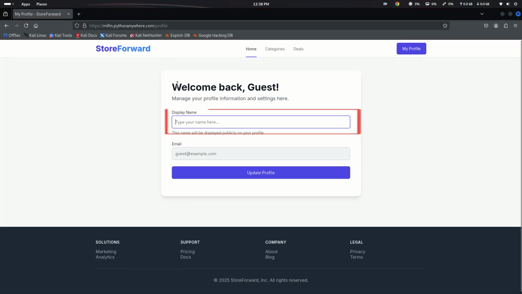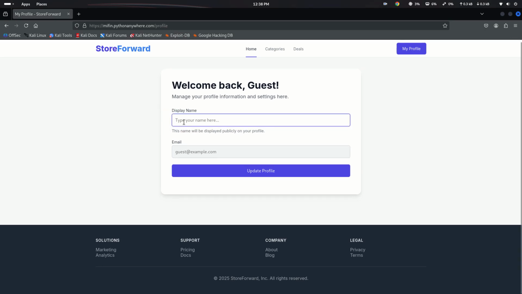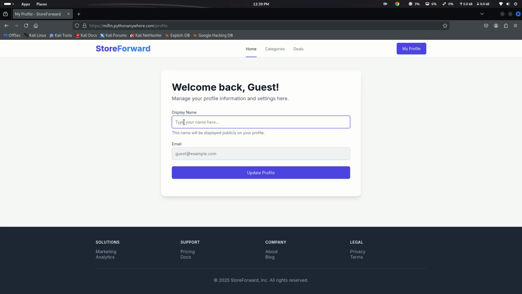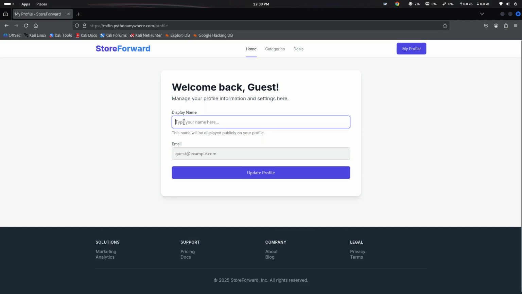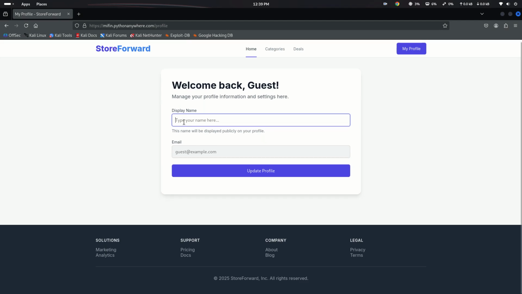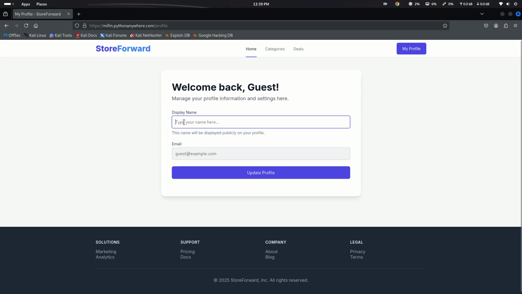What if I told you that a simple display name field on a website like this one could be a doorway for an attacker to take over the entire server? It sounds crazy, but it's a critical and surprisingly common vulnerability called server-side template injection, or SSTI. Today, we're going to get straight to the action. First, we'll exploit this vulnerability manually to prove it's there and get command execution. Then, we'll use a powerful automated tool called SSTImap to take full control and get a command line shell on the server. Let's get started.